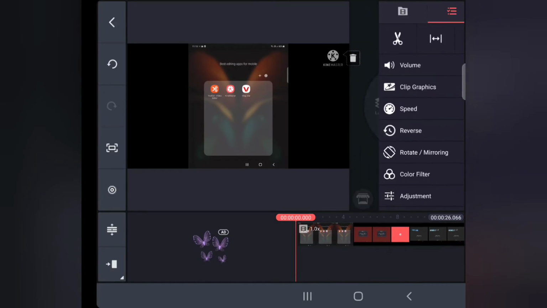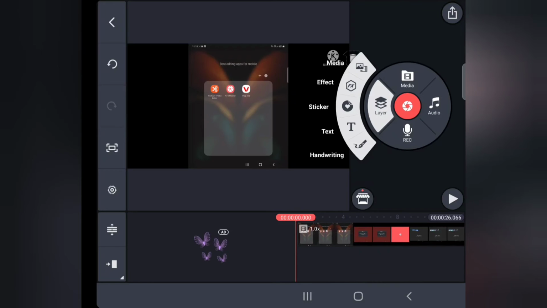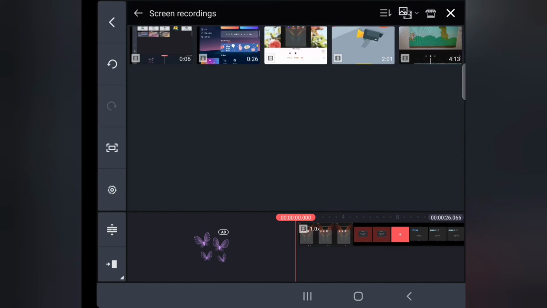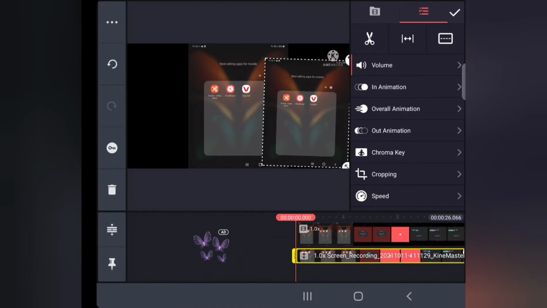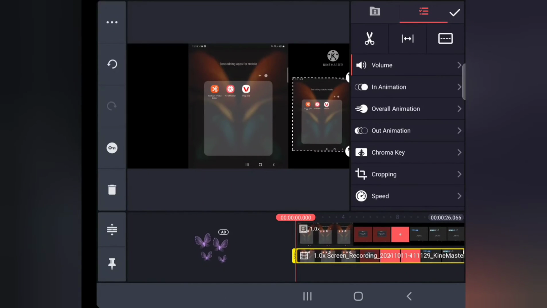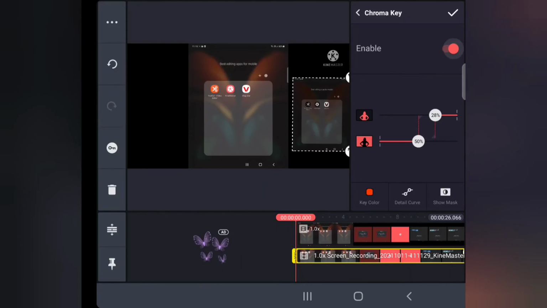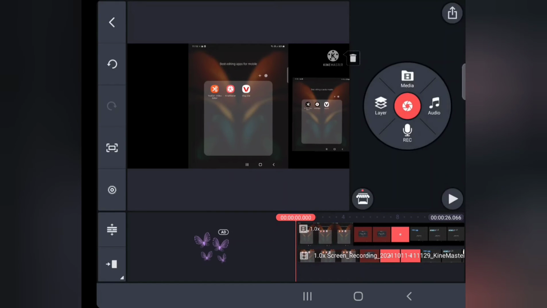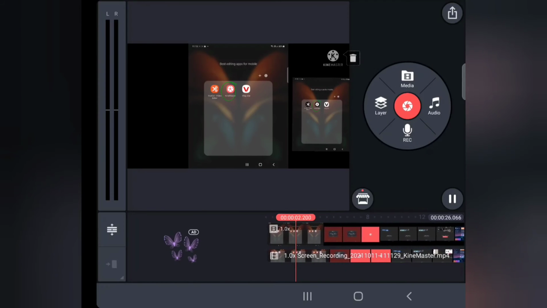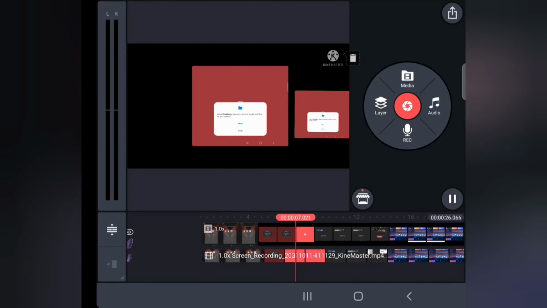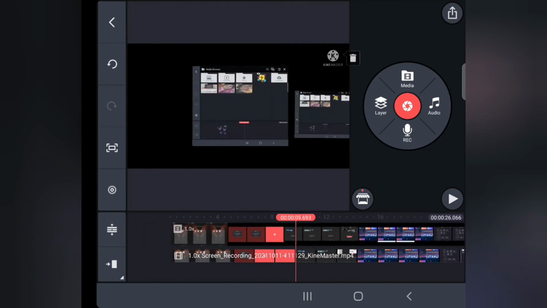Here you can see, okay, and you can click on layer. From layer you have to understand all on your own. It even has a chroma key effect like the PIP effect I have shown you on YouCut. So easily you will understand all the features of this application as well, because it's not so hard to understand, and it has a very simple navigation. All the apps I am showing you today are very handpicked and tested. I have used these apps a couple of times for editing all my videos.